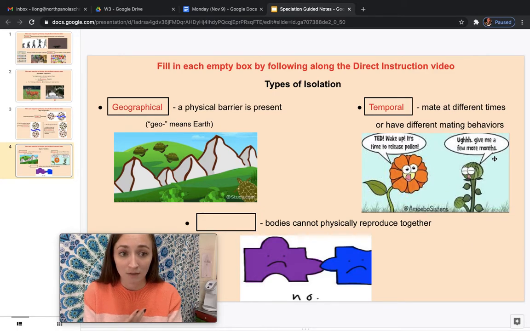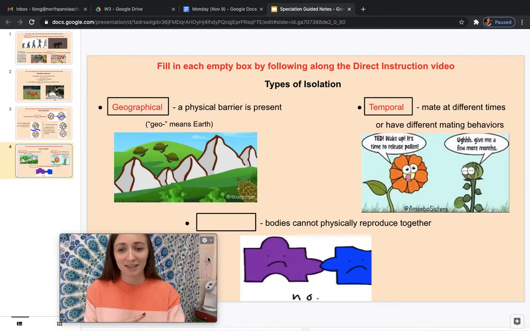this other plant is like a lot of y'all where you're like, I'm too tired. I'm not a morning person. I'd rather be up in the evening. So since they are totally mating at different times, they're not even going to mate. Or it can be different mating behaviors. If you think about a bird, certain birds will use different bird songs to attract a mate. It'll sing a beautiful song to bring a bird to its nest. If different bird groups are suddenly attracted to different songs, then the song's not really going to work to attract a mate. So then they don't even reproduce. So that would be a temporal or behavioral isolation.